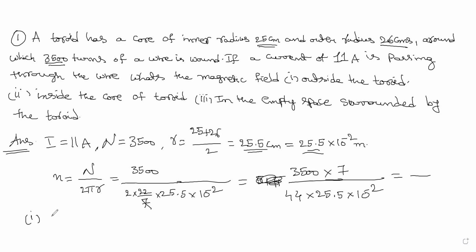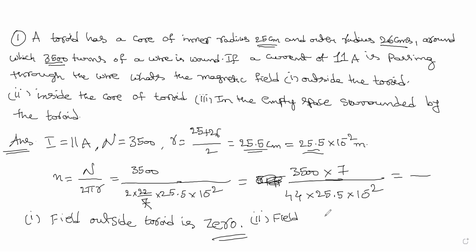Now the first part, always we assume the field outside toroid is 0. This is like a solenoid, the field outside the toroid is 0. This is how we consider. Okay, first part. Second part,